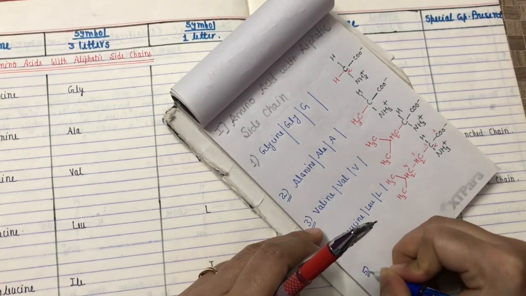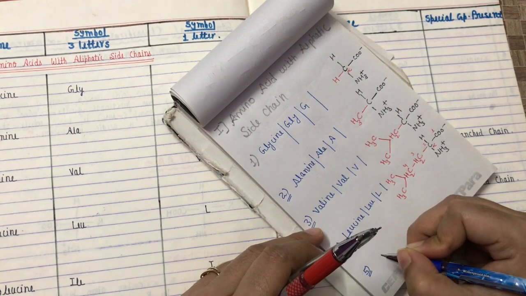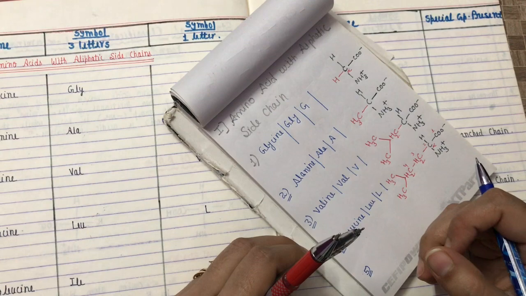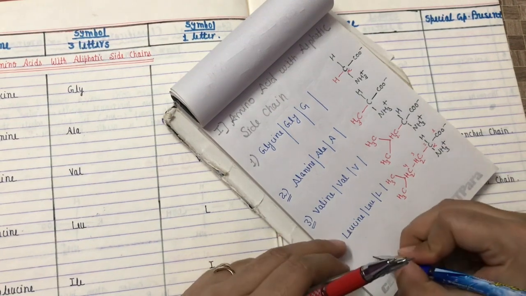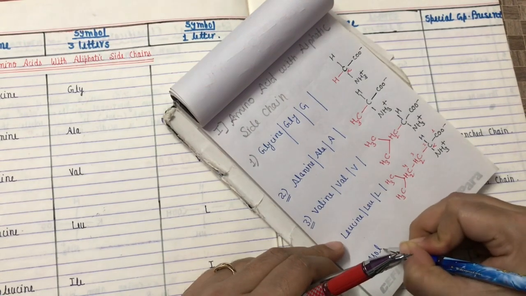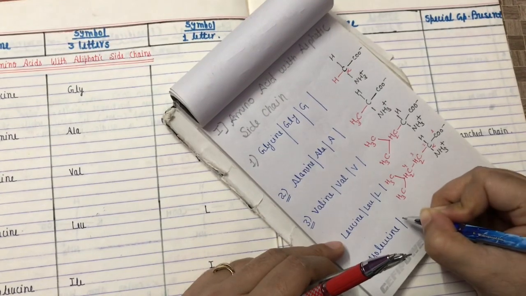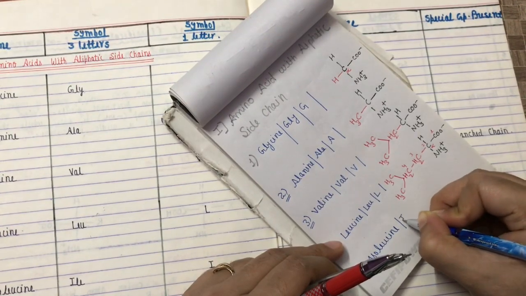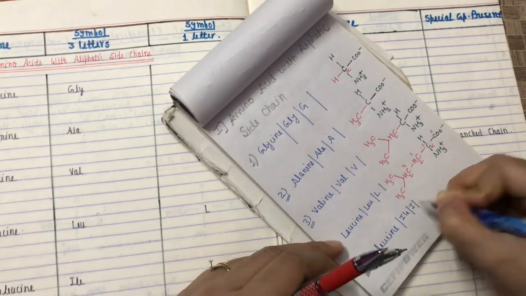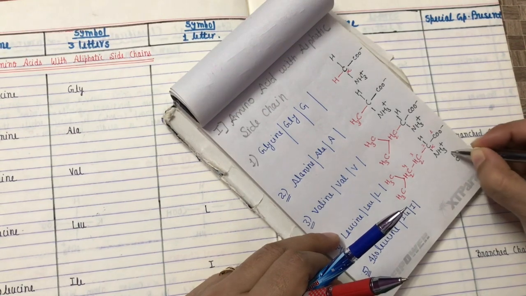Then the fifth amino acid is isoleucine. In this group, we are learning about the first group of amino acids, which is amino acids with aliphatic side chain. Isoleucine is the fifth one. The three-letter abbreviation of isoleucine is ILE. The single letter symbol of isoleucine is capital I, and the structure is going to be like this: a central alpha carbon,